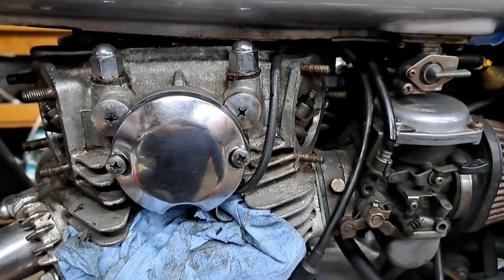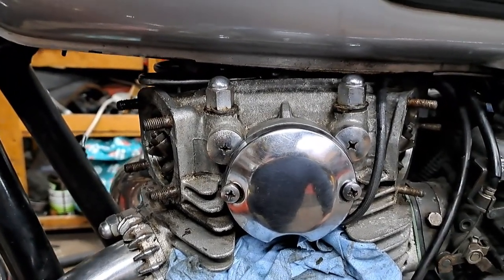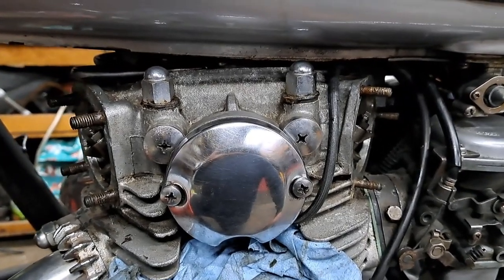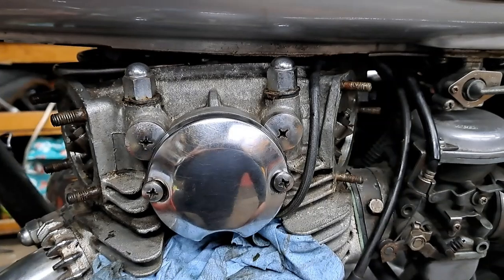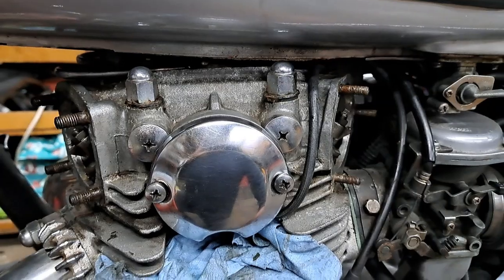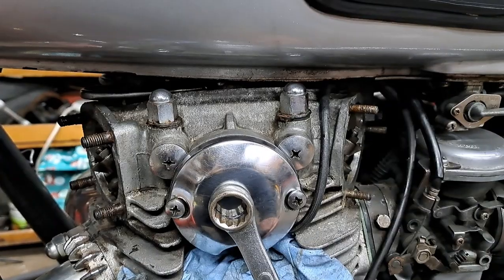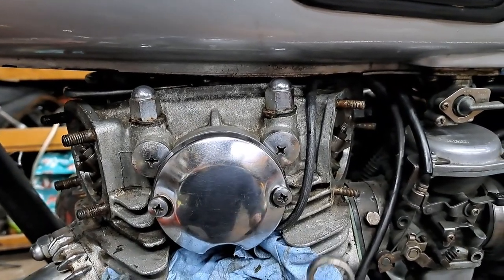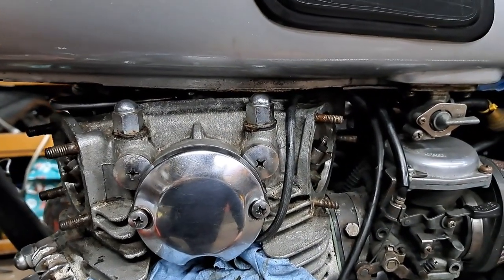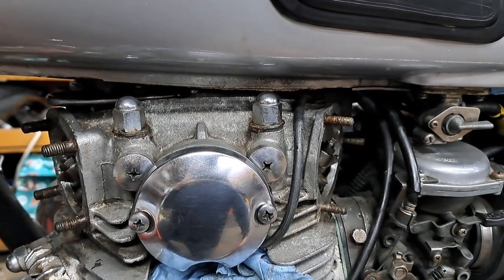You have to do it a little bit differently on those, but there is a trick. If you get to the point on a 180 or 270-degree twin where the valves are rocking like that, then you know you have to turn the crank 360 degrees in order to do it. And at least one full turn, because you're at the top of the compression stroke, right where the engine would fire. So you want to go around a whole turn more to get to the point where the valves are both unloaded, right? So the cams will be unloaded at that point,